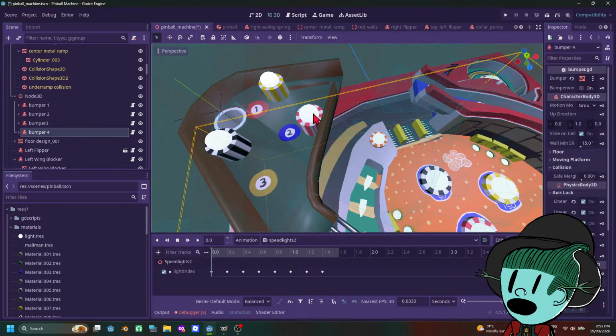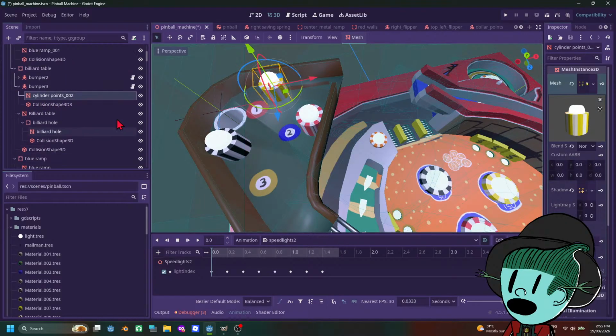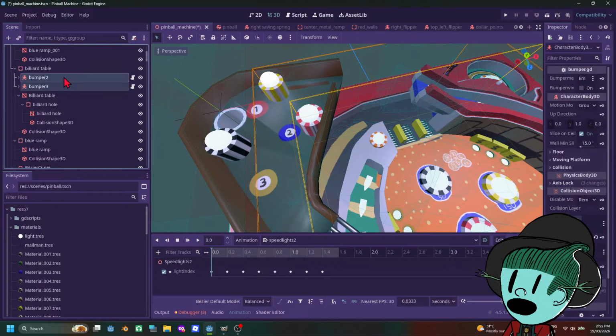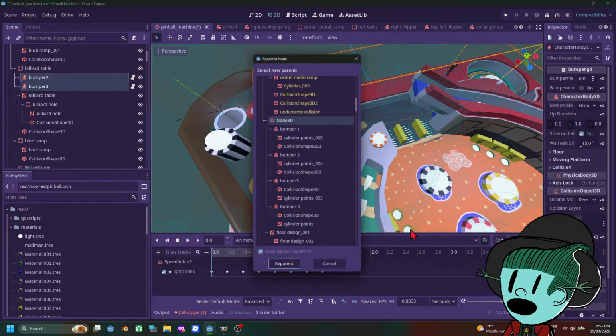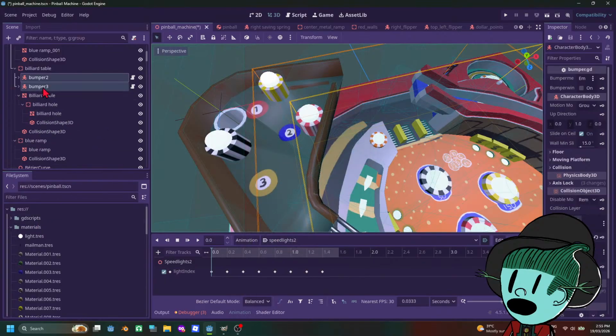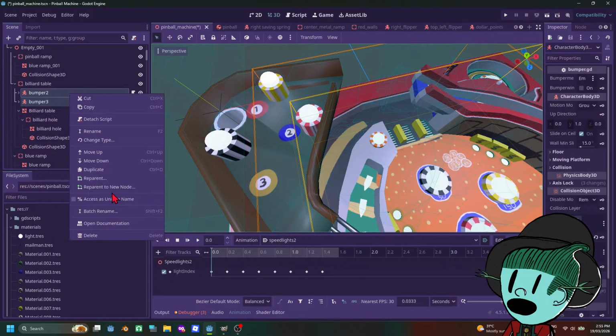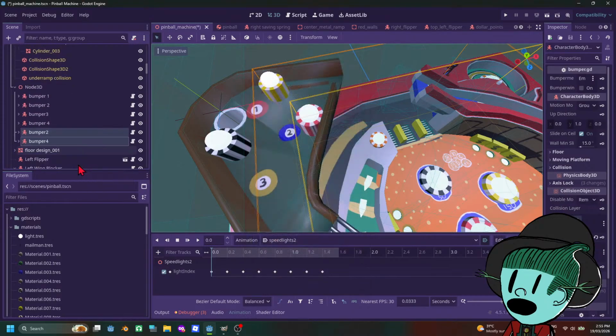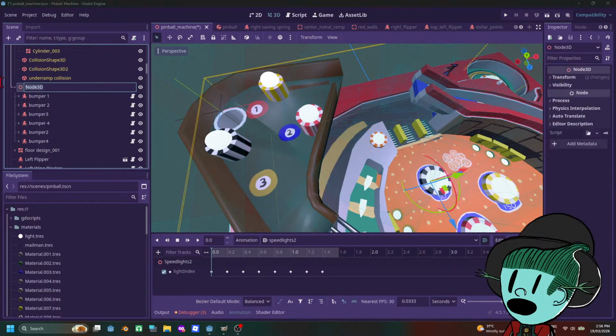Okay, and then this and this. We're going to reparent it to Node3D. I'm just going to call this bumpers. And then under here,